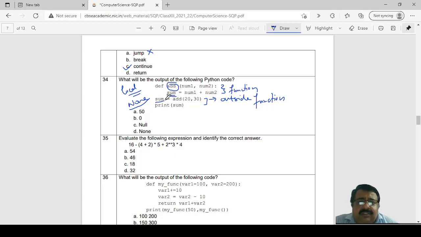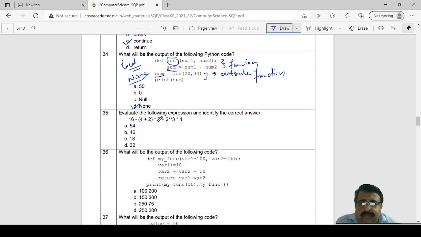That means after the execution of this statement, because the function does not return anything, we say the function returns none. So add function will return none, and in that case, sum will get the value none. So when it is the time to print sum, the value printed will be none. Next question.